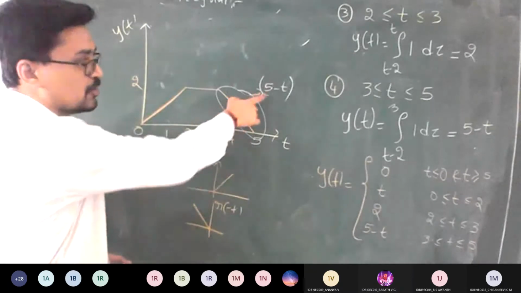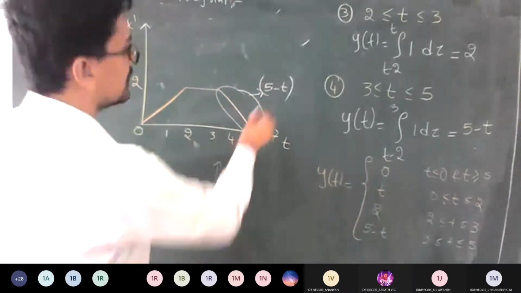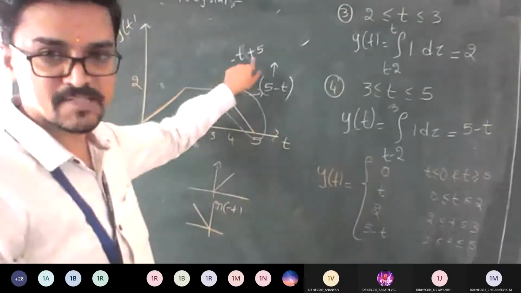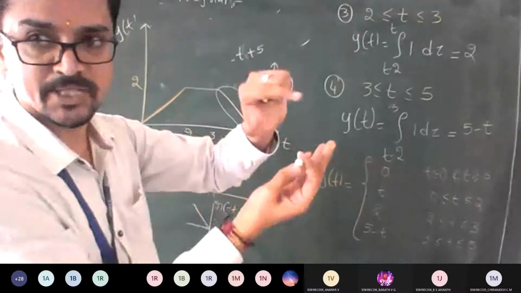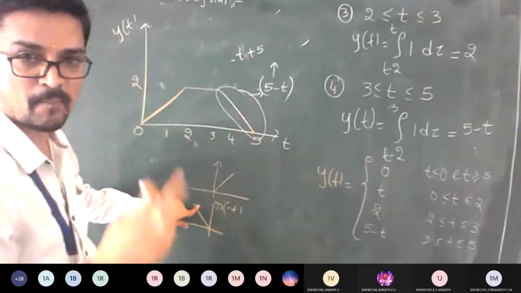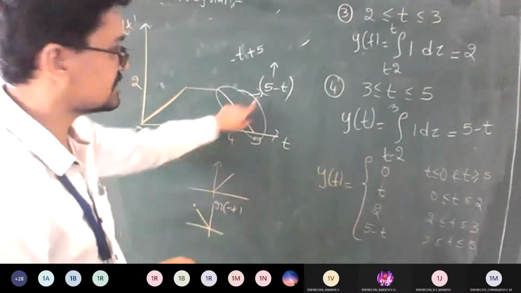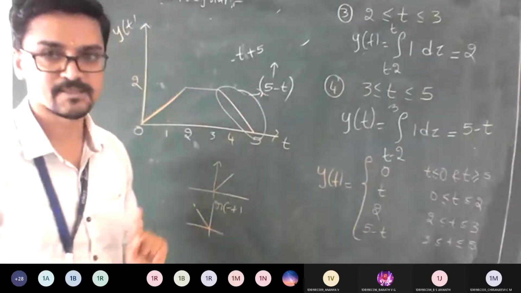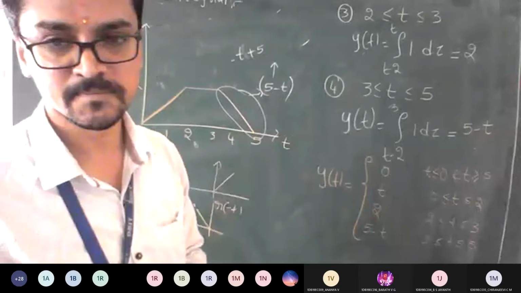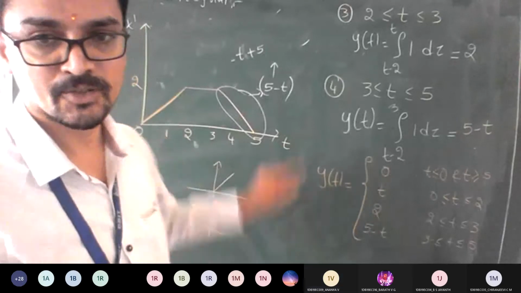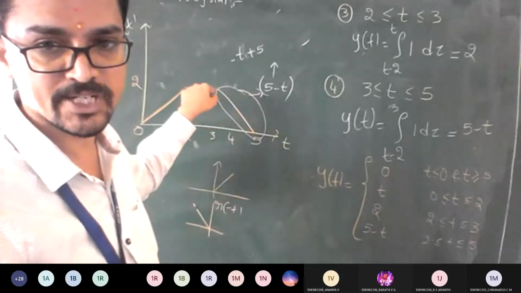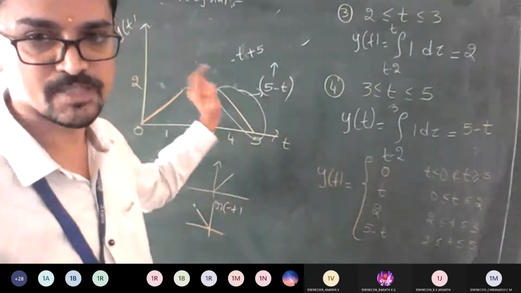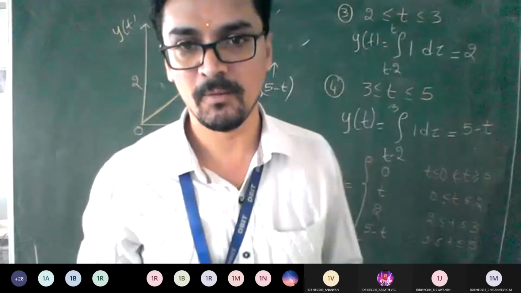I told you to plot, you can do this in 2 ways. One, you can make this in this fashion, minus t plus 5. So plot t plus 5, then do a mirror image. Or get minus t of your ramp signal, then just give how much delay you have. If you have 5, give 5 delay, it looks like this. Is it okay or not? So this is the final output or sketch for whatever the answer of output y of t I have got here. This is the conclusion which gets you 12 marks.